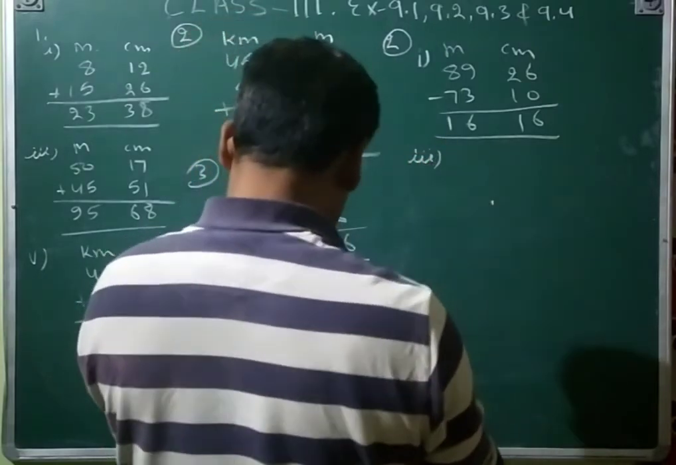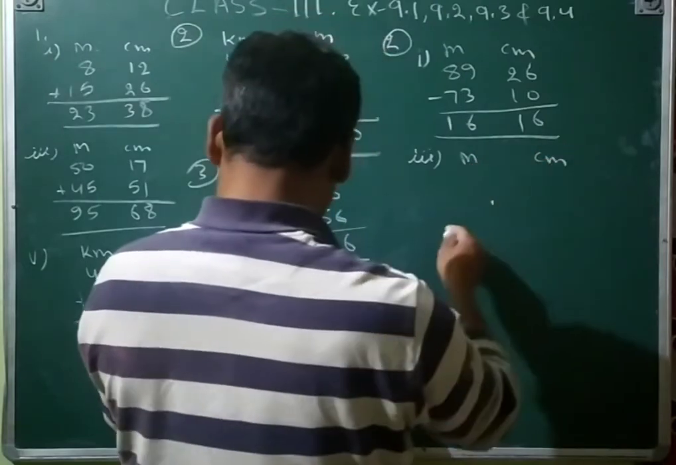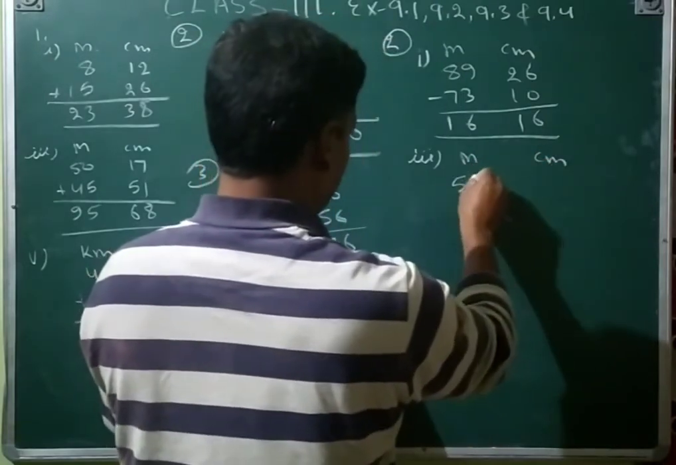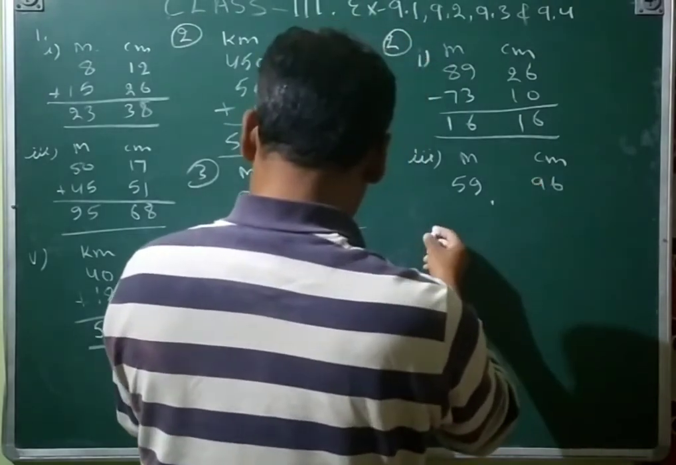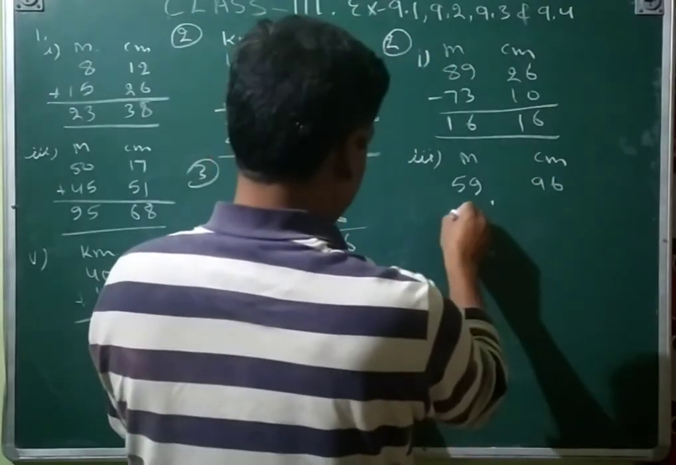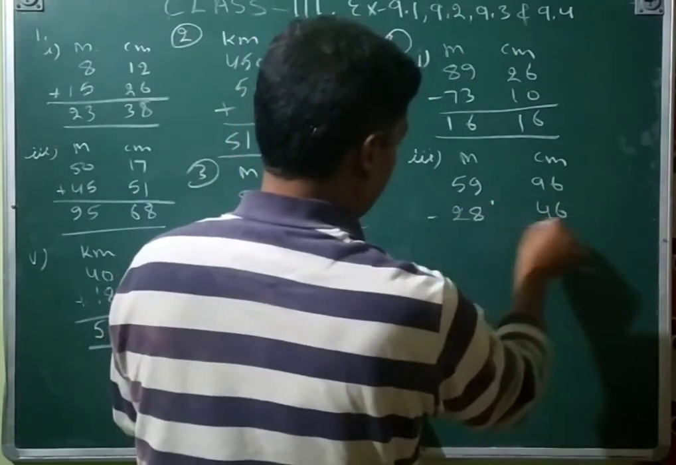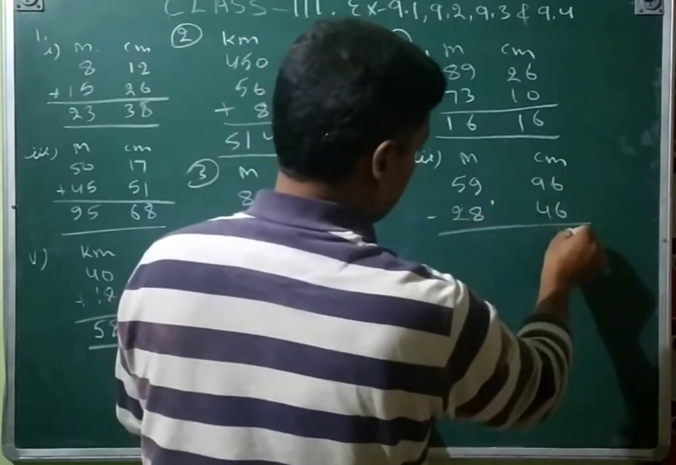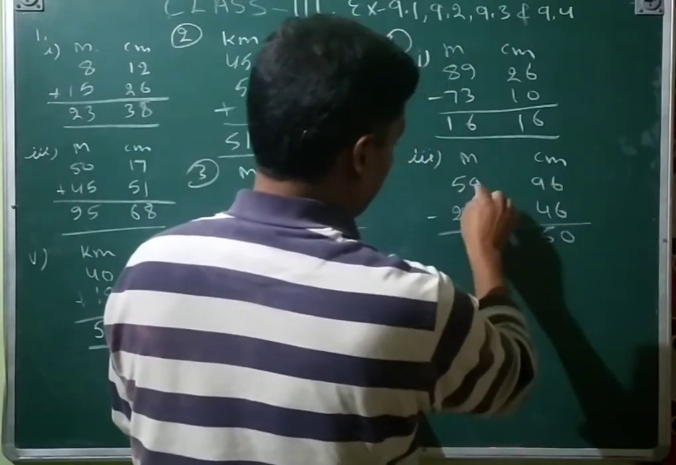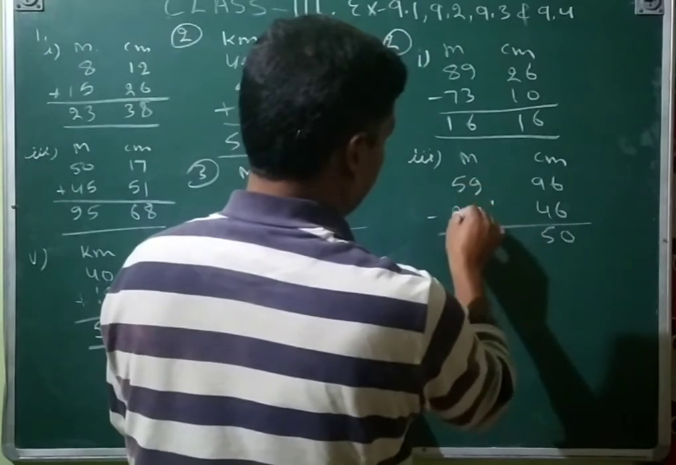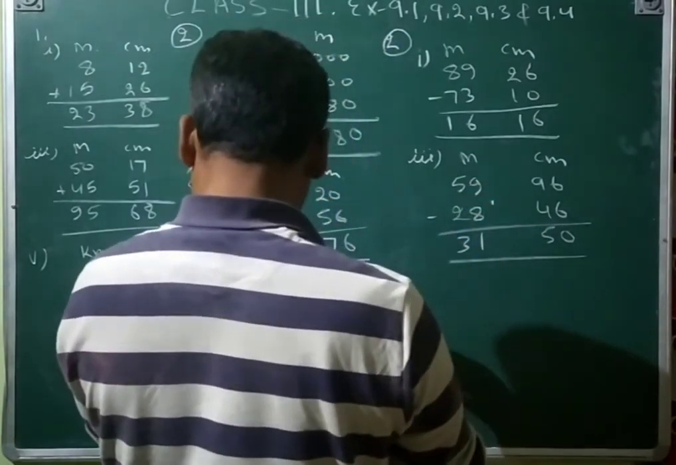second part is done by yourself. Meter, centimeter: 59, that is 96 and then 28 and then 46, and then minus. 6 less 6, 0; 9 less 4, 5; and then 9 less 8, 1; 5 plus 2, 3. And then fifth part,